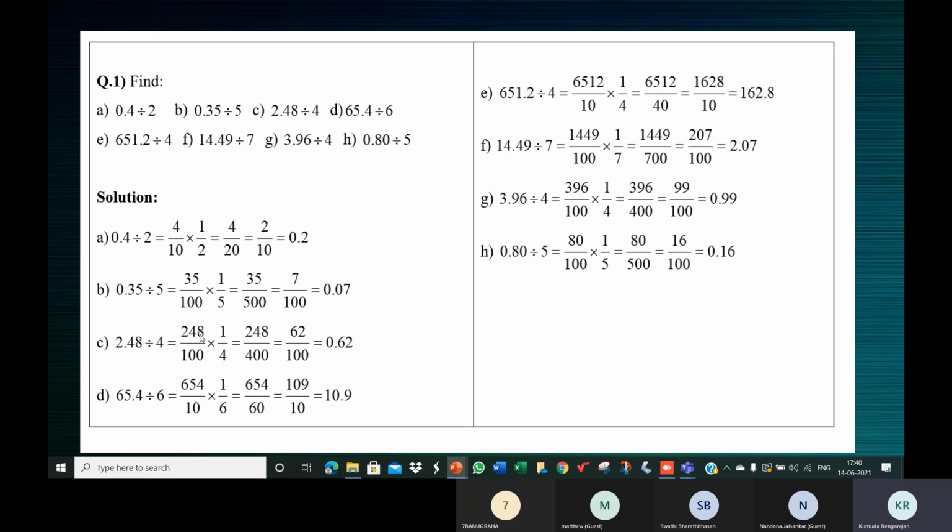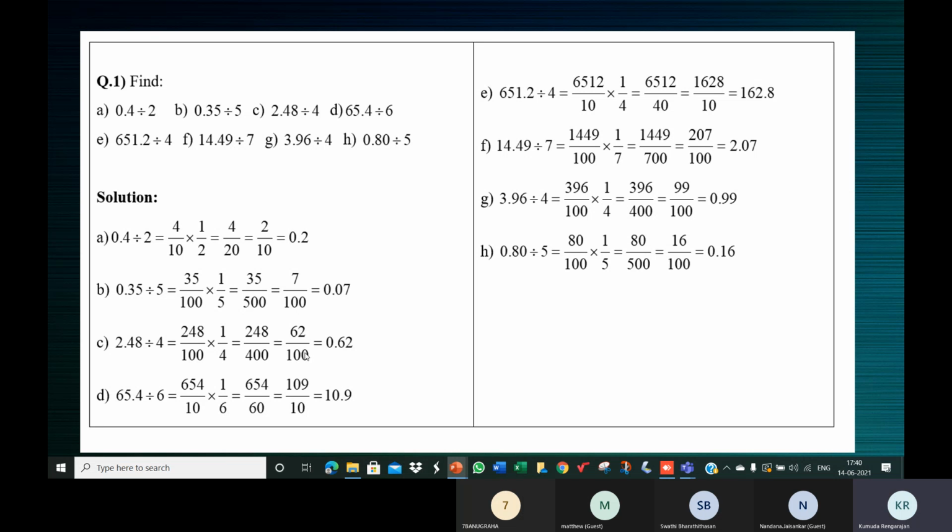Now you have to take a number from the numerator, a number from the denominator, and simplify. You can simplify without disturbing 100. You should not disturb 100. So you can cancel 4 and 248 if you want, and then also multiply. Here I have multiplied 248 into 1 is 248, and 100 into 4 is 400. Now simplify, but when you get 100, don't simplify after that. Now you can see here 62 by 100. I've not simplified beyond that because I don't want to lose 100.